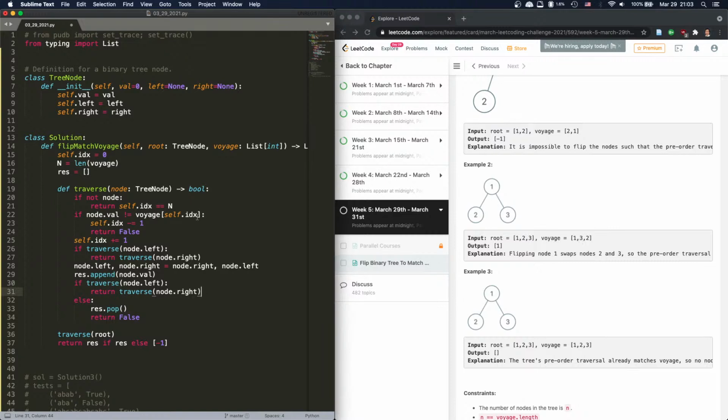So if it's not the same, then we return false, right? But we don't do anything about the index yet. So we comment this out. So it's still pointing here. Now we're coming back. So if this one returns false,